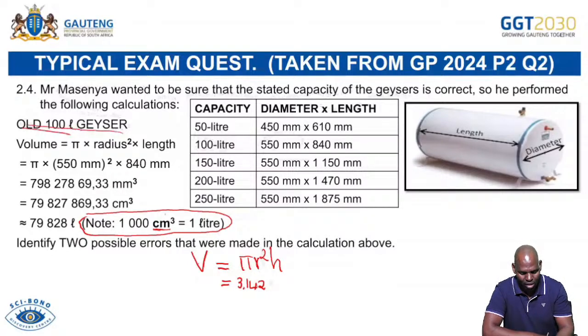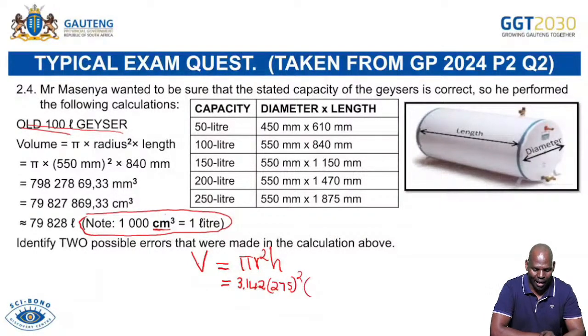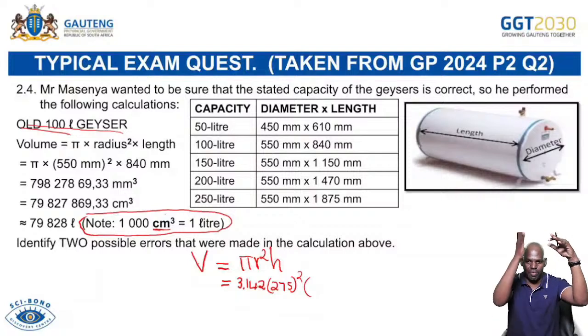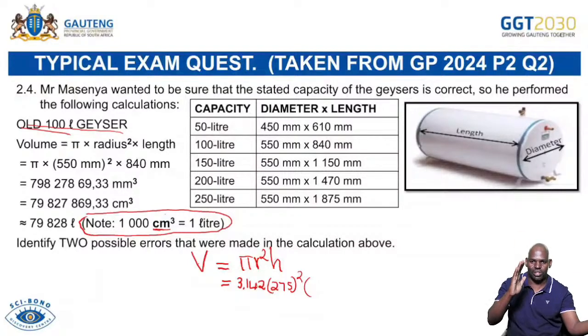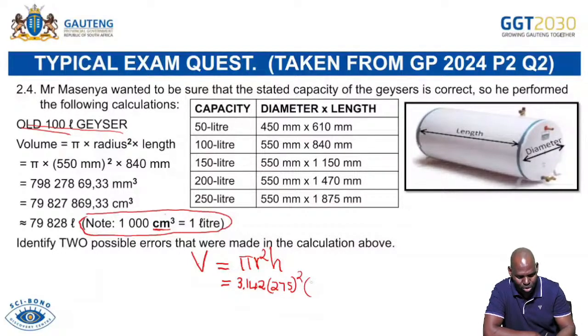So we say 275 squared, and then the height in this case will be the same as the length. So the length is 840. Think about this. When the Giza is upright, obviously that is the height. When it's sideways, it is the length, but they are actually referring to the same thing. That doesn't change the value. So this will be 840